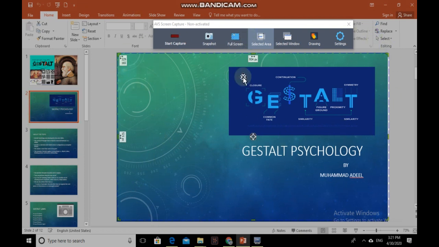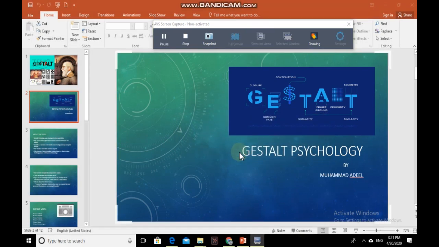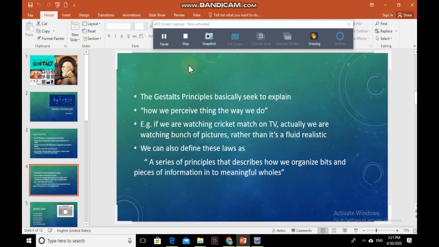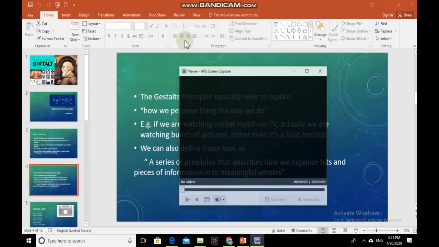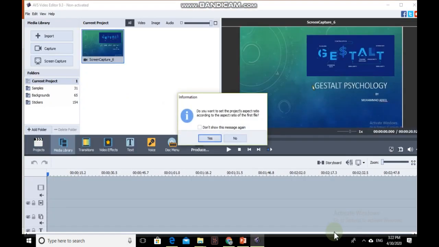Okay, once I complete my lecture, I simply select. Now it gives us the option to stop capture. Press Ctrl F10 or click the AVS capture. I start and it starts recording. You can see the blinking green and white, and it's now taking the overall screen recording and also my voice. So I simply go on different slides, and once I stop, I select save video. It moves towards the